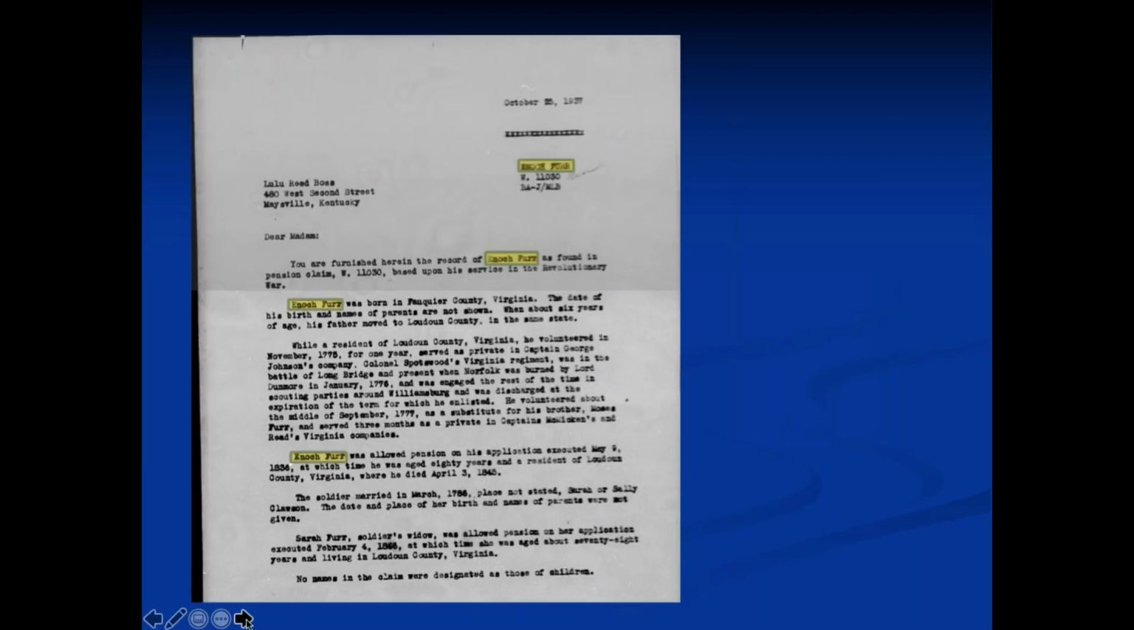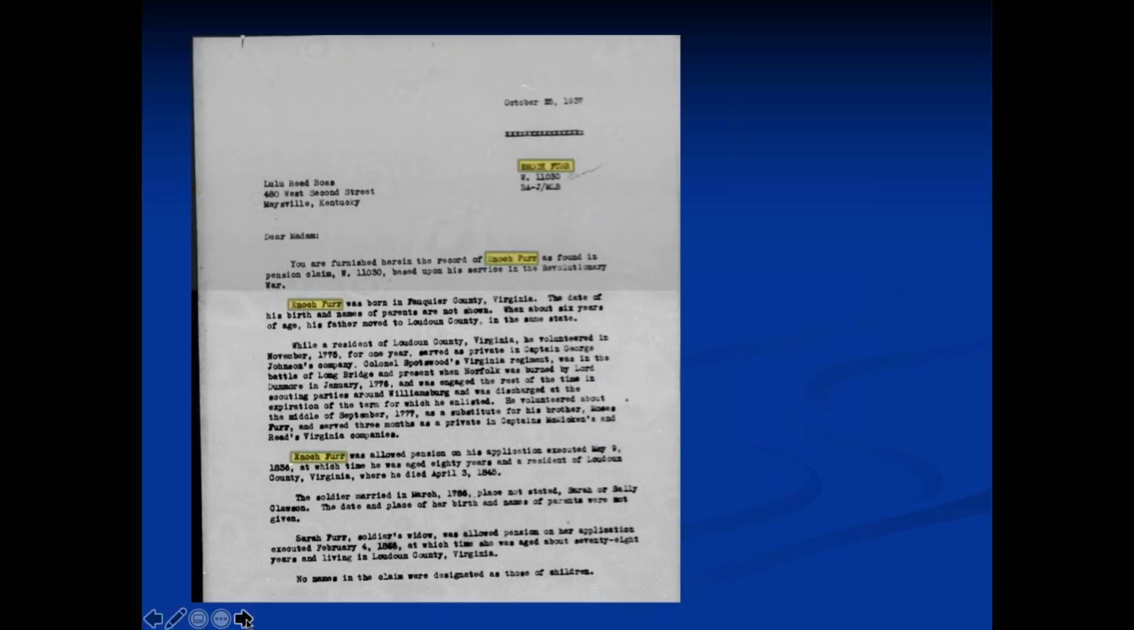One of the first things that I look for are typed letters that are in the file. Now, there are two kinds of typed letters in the file. There are those from an individual to the pension office and those from the pension office to an individual. I take those that are from the pension office, such as this one. They will abstract the information out of the pension, and it is a good roadmap to figure out what's going on